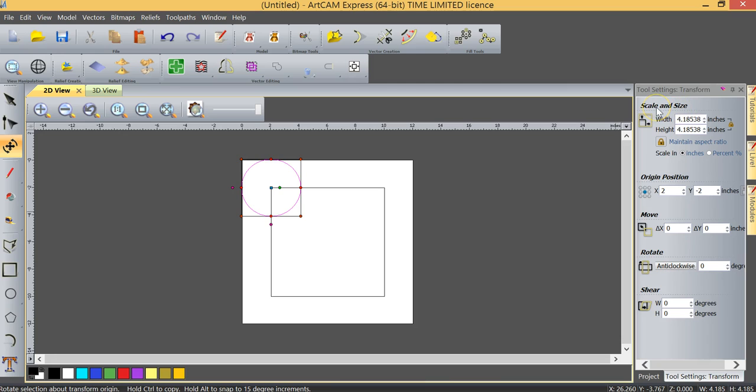I can change the scale and size of our circle. I can change its origin position. I can move it a specific distance along the X or the Y coordinate. I can rotate it, or I can shear it, or basically change its perspective. So it's kind of stretched, if you will. So what we're going to do in this case, we're going to change the size and scale of